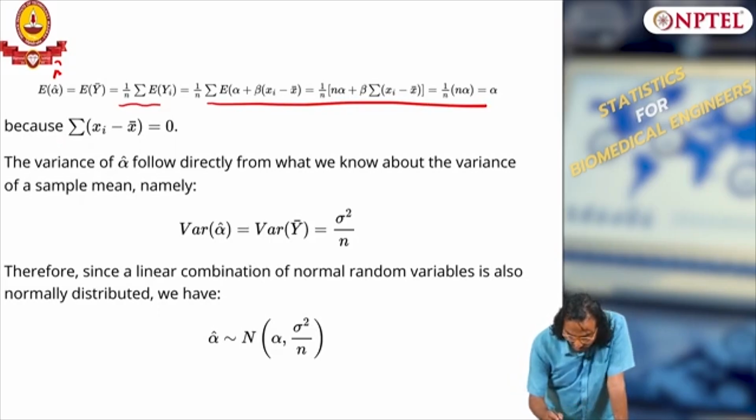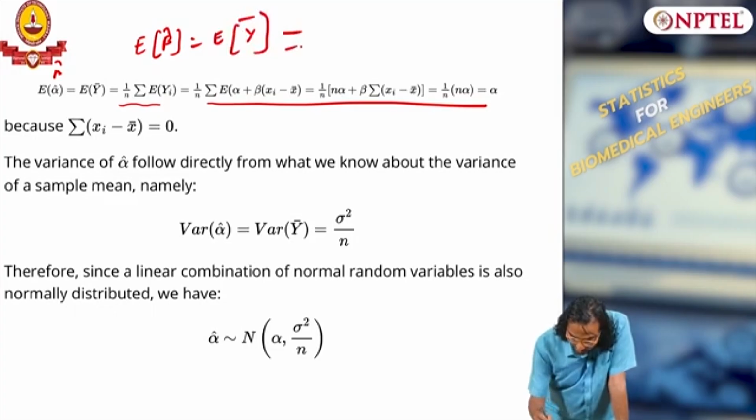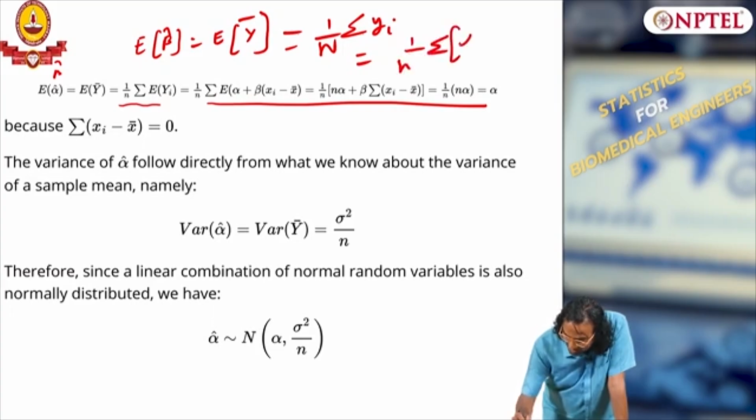Y bar is nothing but the sum of yi divided by n, okay. So you take the expectation of y bar, and what is yi? I have the model, which is nothing but alpha plus beta times xi minus x bar,